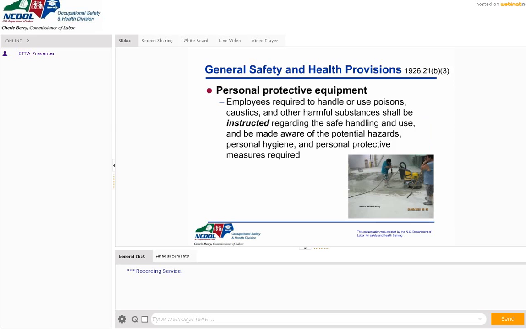Now, if you've got folks that are going to be using things like poisons, caustics, and hazardous substances, that requires very specific training, okay, because now they're handling dangerous chemicals. So not only are you going to have to do PPE training, but you're also going to have to do some HAZCOM training, because a big part of choosing your PPE comes from reading and understanding safety data sheets, or SDS sheets. So make sure that these folks, when you're training them, are aware of the hazards,